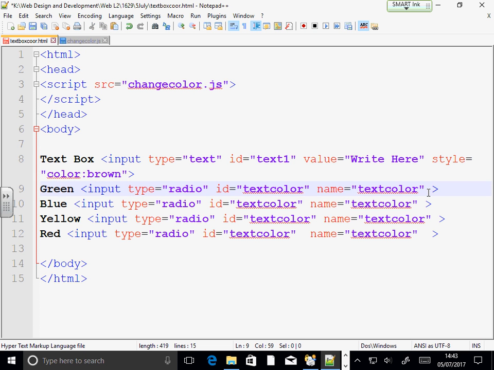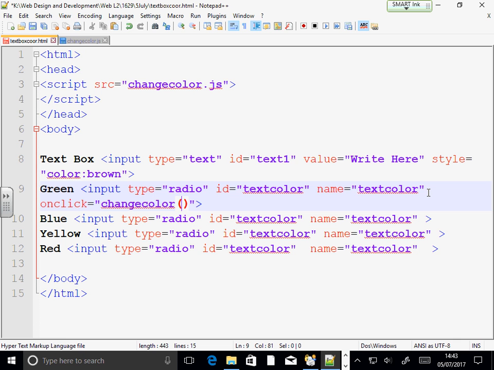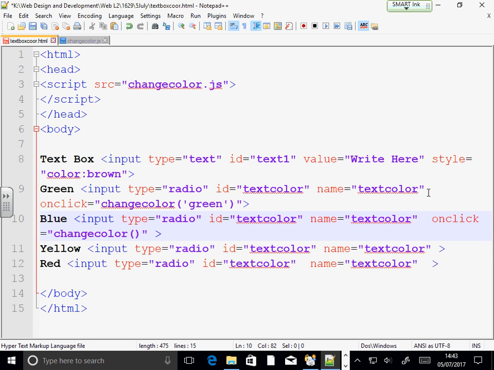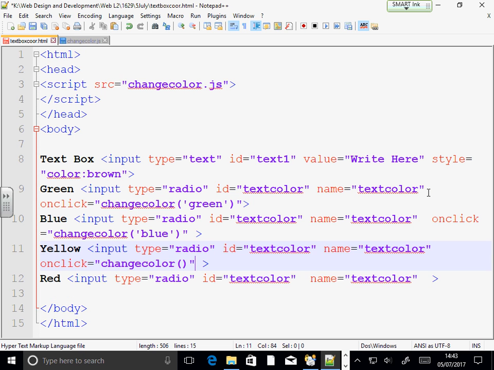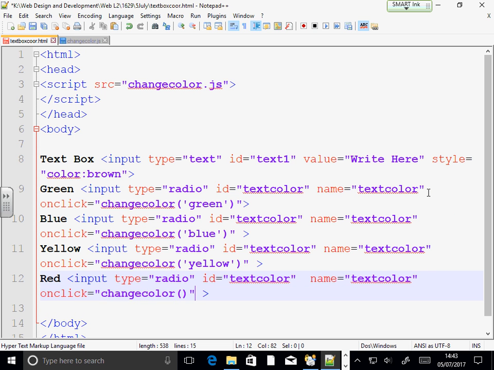On click, change color. And here, can I write down green myself? Yeah. Right? In here, I can write down blue. But I'm writing down this in inverted commas because it is a text, right? Yeah. In here, again, yellow, whichever color you want. But it has to be a text. There's no other way to pass a value to,